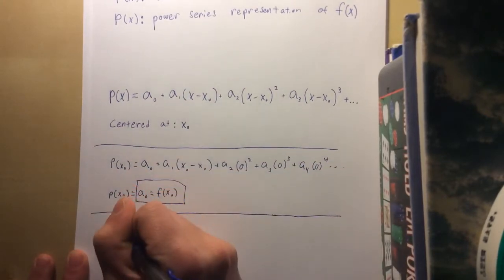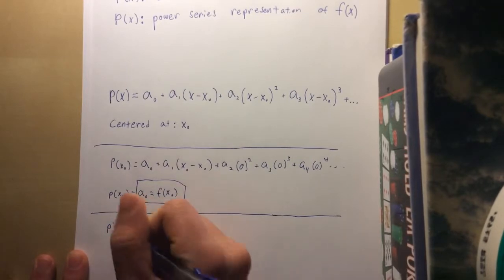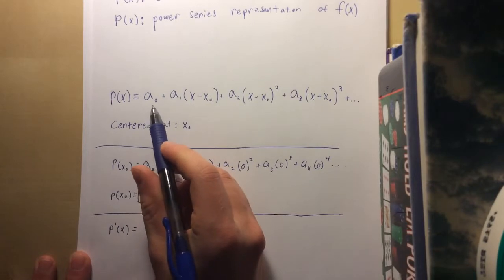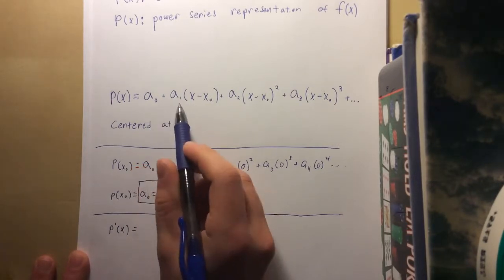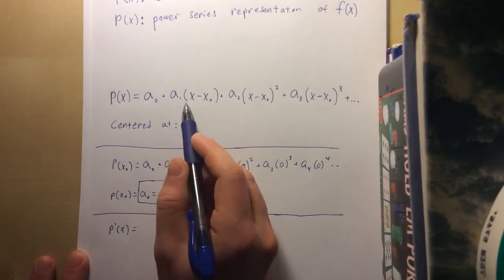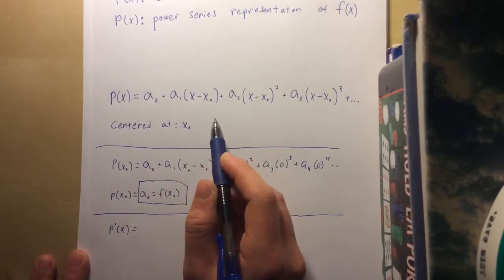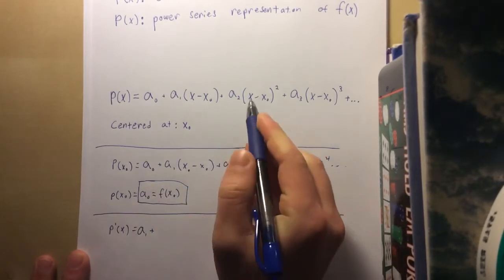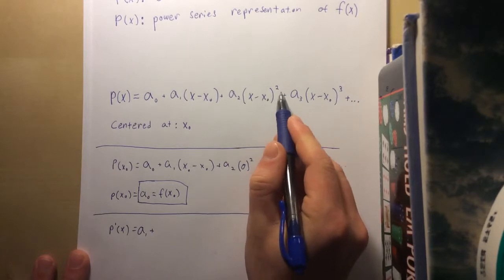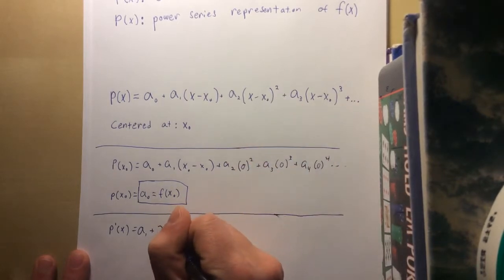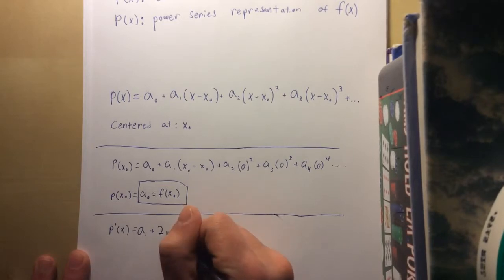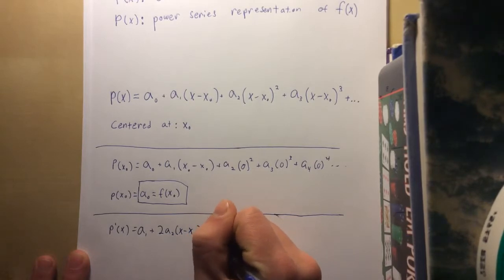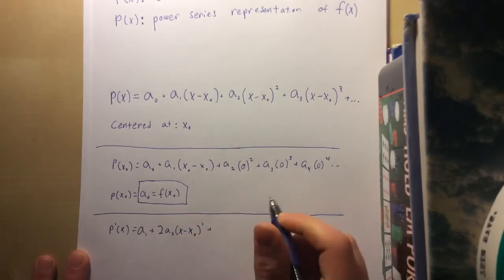The derivative of p is equal to, so this constant turns into 0. This term is multiplied by x minus x naught, so we're left with just the constant a sub 1, plus a sub 2 times, well, we decrease the power by 1 and multiply by the power, so we're left with 2 times a sub 2 times x minus x naught to the first, plus